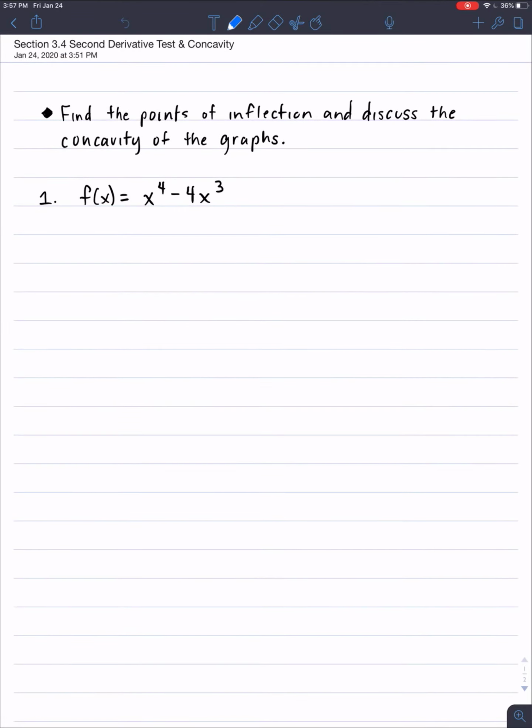One of the first things you'll do is find the points of inflection and discuss the concavity of the graph. We'll start with our first function. It's a fourth degree polynomial, and it's differentiable. We need our second derivative equal to 0. The first derivative equal to 0 finds our possible critical numbers, but the second derivative equal to 0 gives our possible inflection points, and that's what we're going to look for here. So the first thing we'll do is get our first derivative,